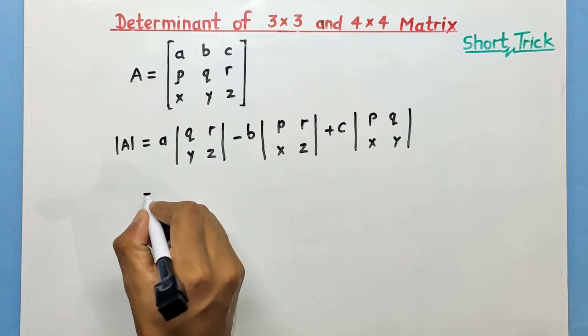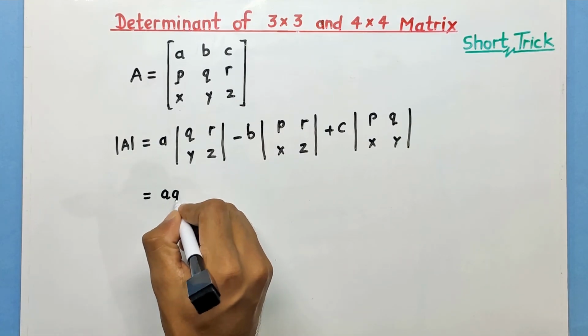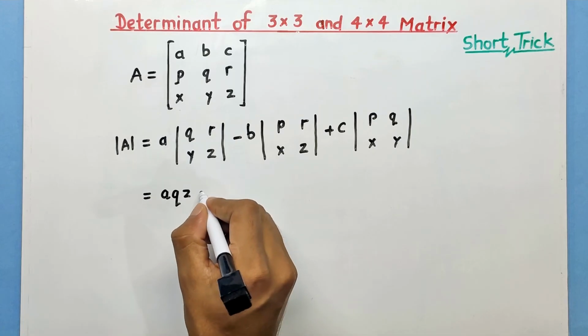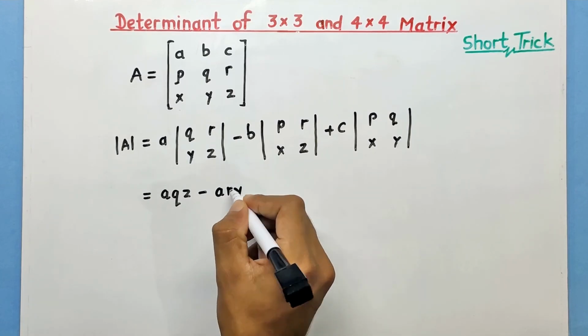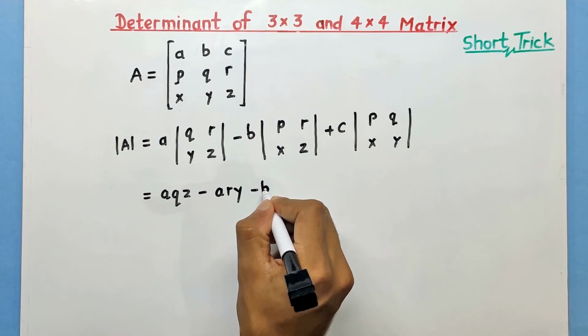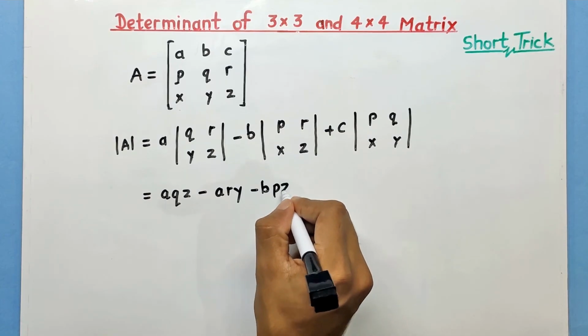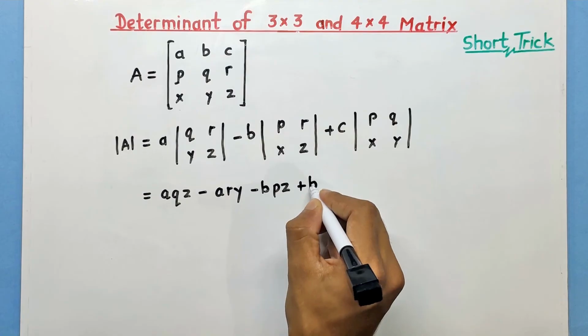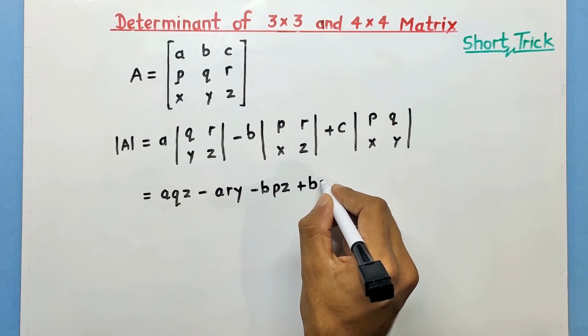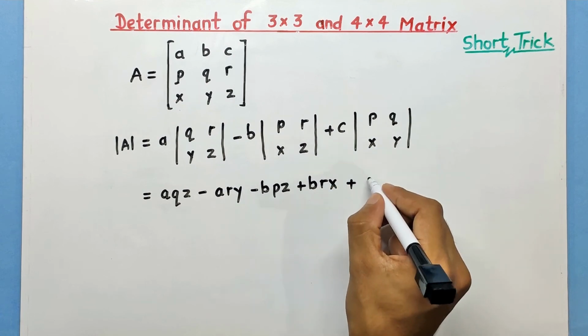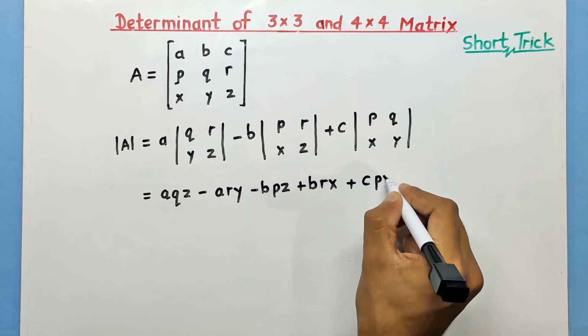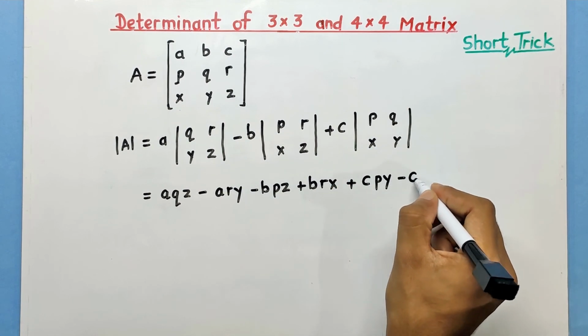We get a times q z, minus a times r y, minus b p z, plus b times r x, plus c times p y, minus c times